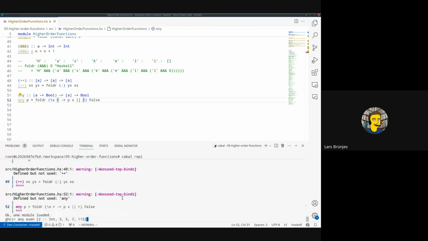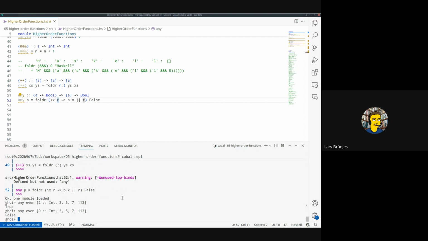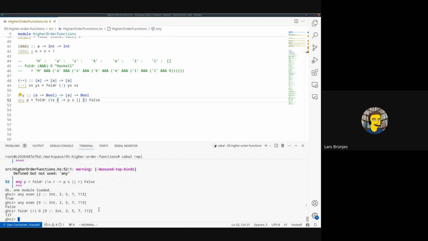And now this works. So it now found the 2, but if I make that odd, then it's false. Another example would be adding all elements in the list. It's one of the classic examples, even though it's not a very good one. So I could do this. That would just add all elements. So the sum of the empty list is 0. And then to sum all elements of the list, I recursively add the head to the sum of the tail of the list. So 9 plus 3 is 12, plus 5 is 17, 24,